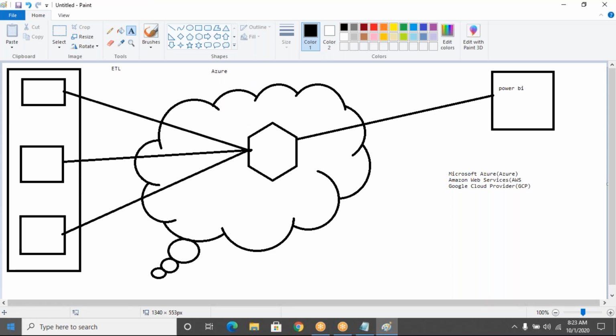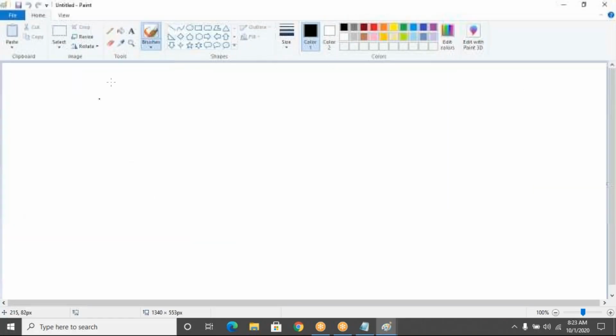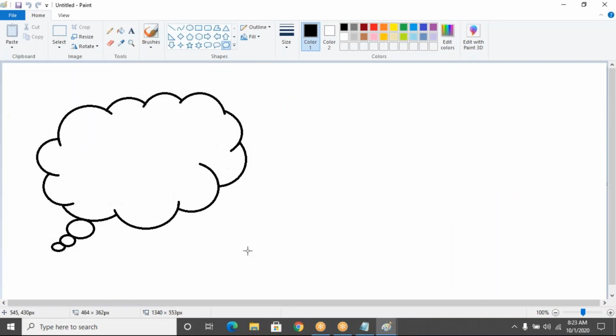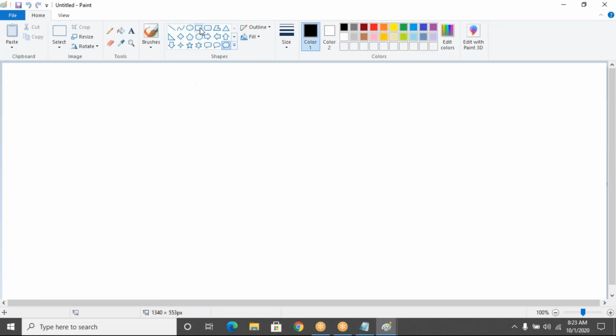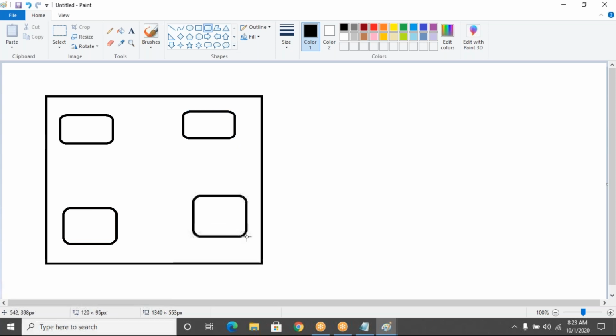What is on-premises and what is a cloud environment? If you remember the earlier days, when you set up any organization, you had to take care of everything, like networking and infrastructure. Infrastructure is very important for your company. So this is my building.